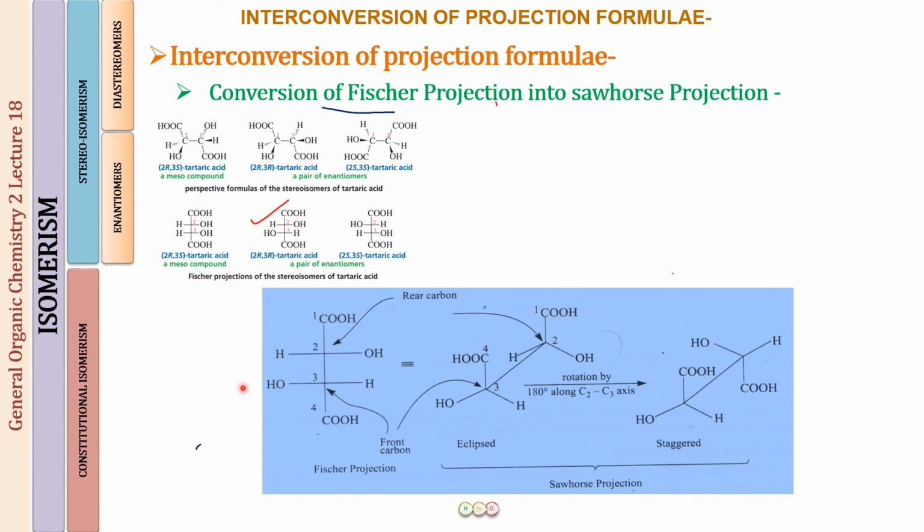And then you just have to see the right and the left. So for C3, looking onto your left, you find an OH, and onto your right an H. So an OH and an H. And then for C2, an H and an OH. So same positions, the H and an OH. So this is how you will be drawing it.